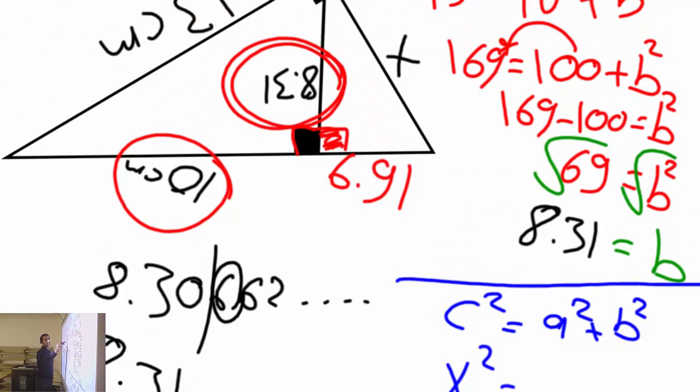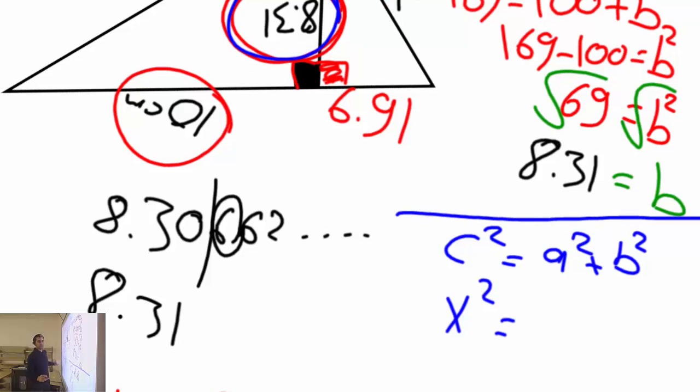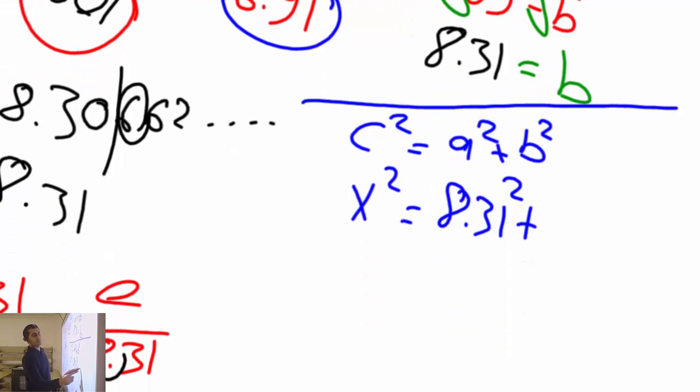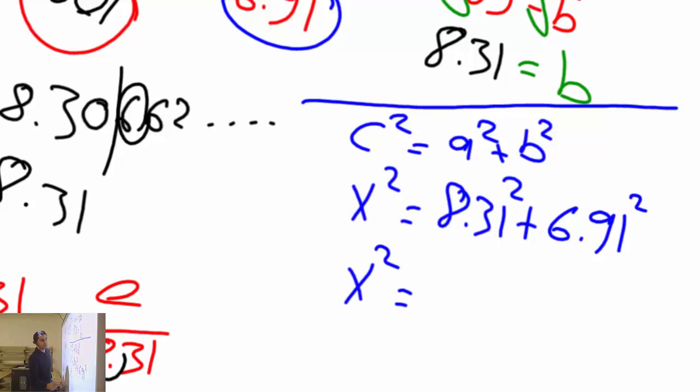So this is 8.31, upside down, but we know it's 8.31. So let's write this down. 8.31 square that, and B is 6.91. 6.91 square that, X square equals,